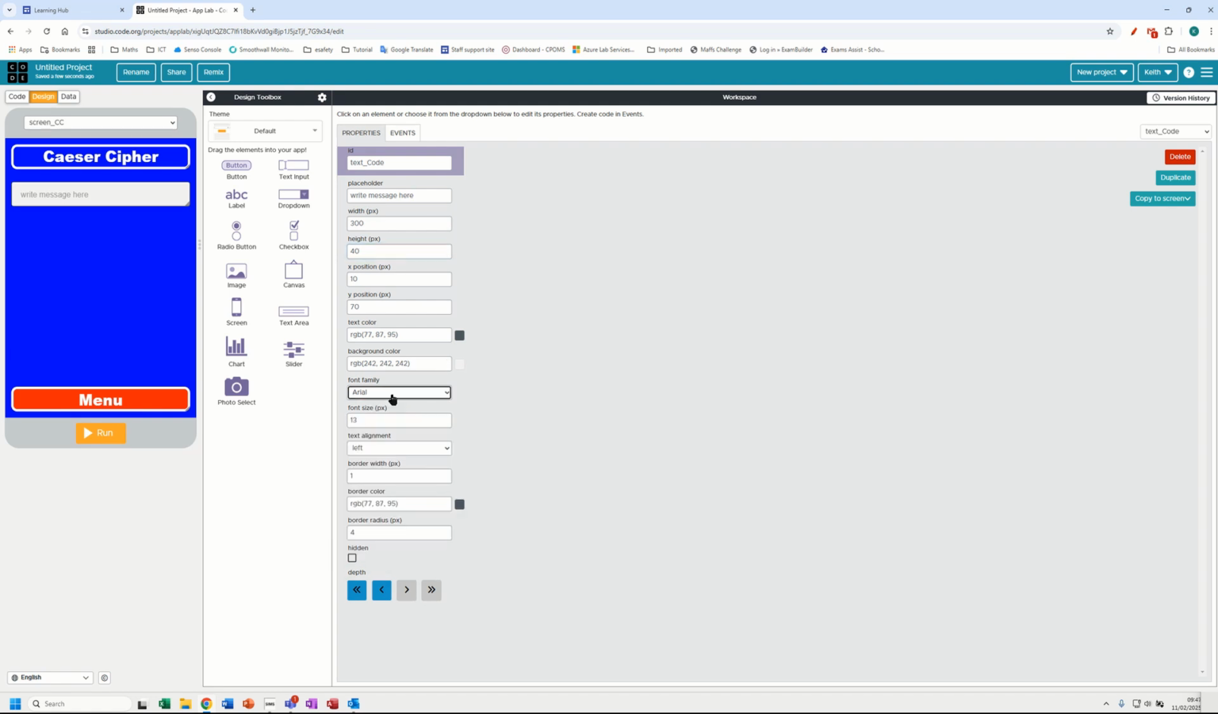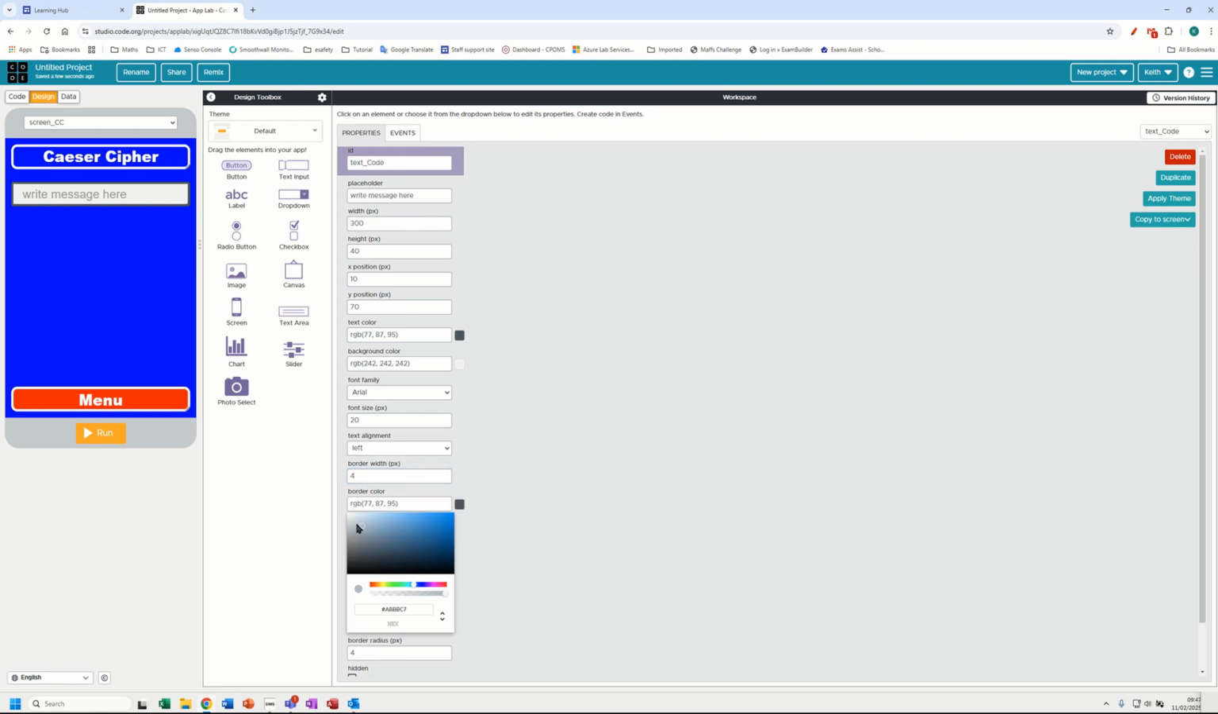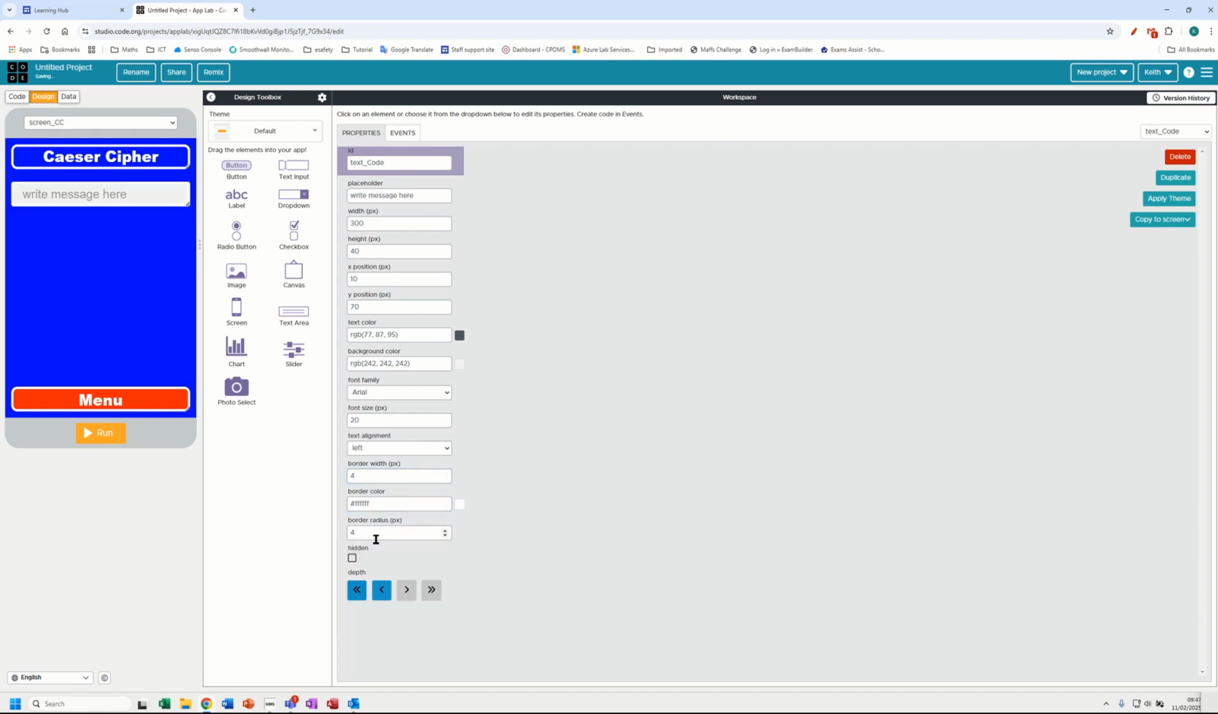Different font family, isn't it, on there? We'll see about that. I'm going to leave the message a little bit smaller than the title, but it looks as though I can write a decent sized message on here. Border width was 4, border color should be white, and then the border radius should be 10. Alright,